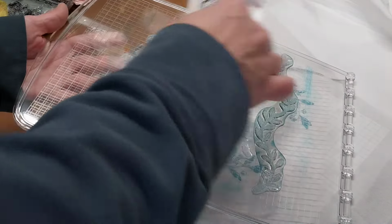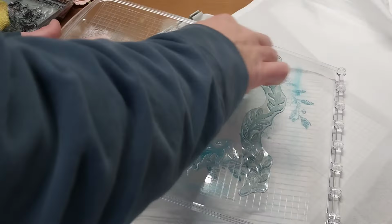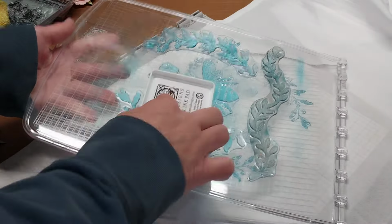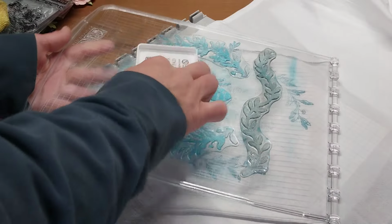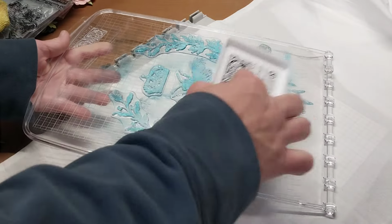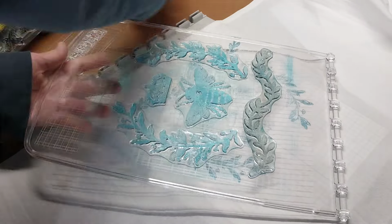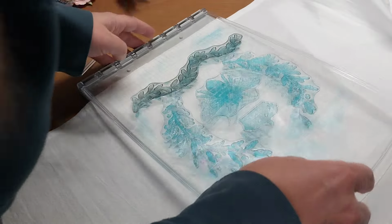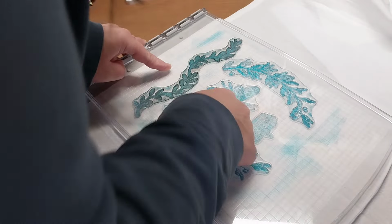Okay, so let's do this a little bit. So now I can just stamp this up, ink it up as much as I want, as many times as I want, until it gets as dark as I think it should be. So yeah, I just love it. I still look through the lid, making sure that I'm all lined up, just in case, I don't want to be crooked